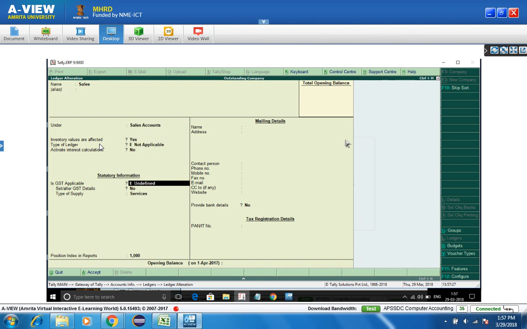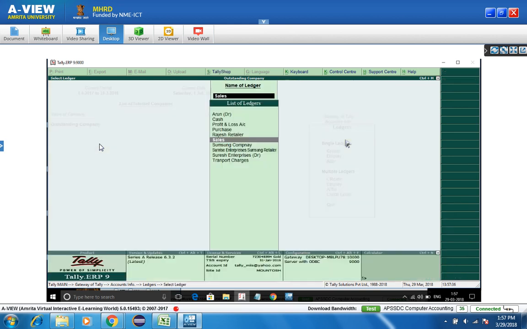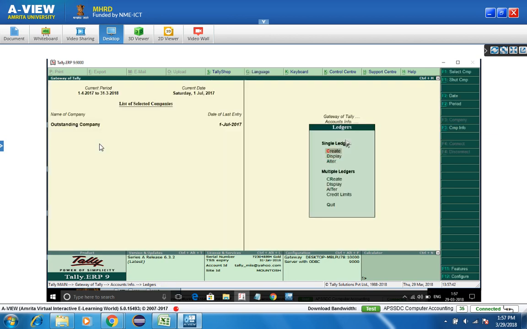Sales, GST applicable, second one not GST no. Goods, accept this. So we have sale ledger, we have purchase ledger, we have parties. What more we need? We need duties ledger. So create